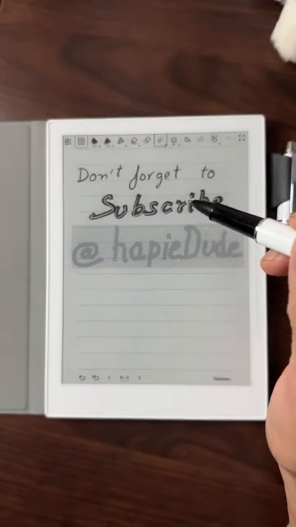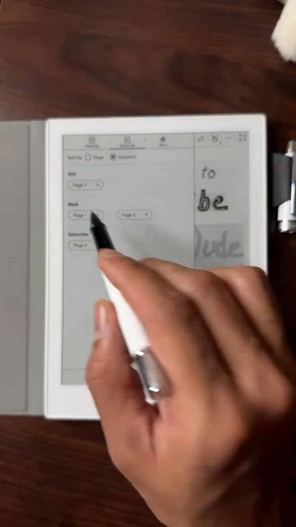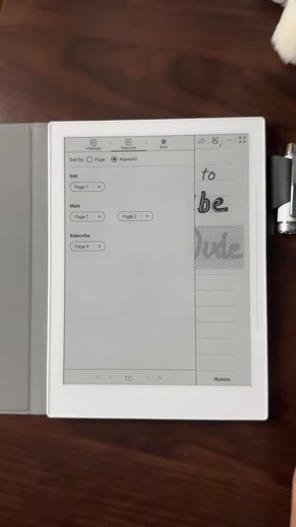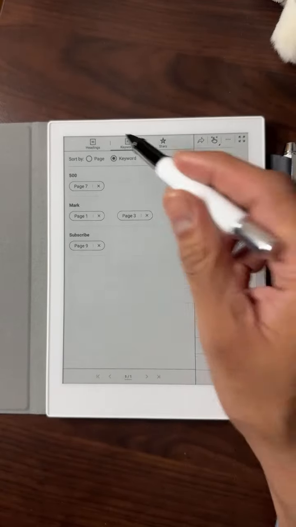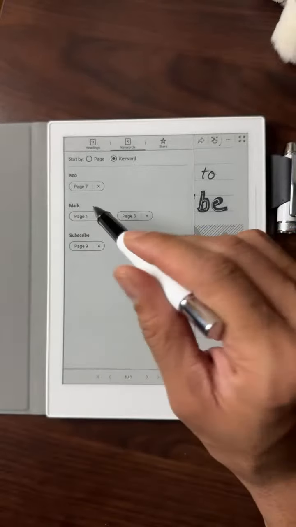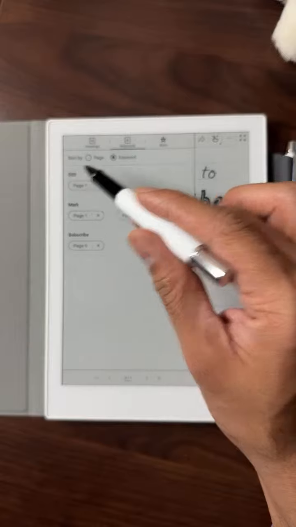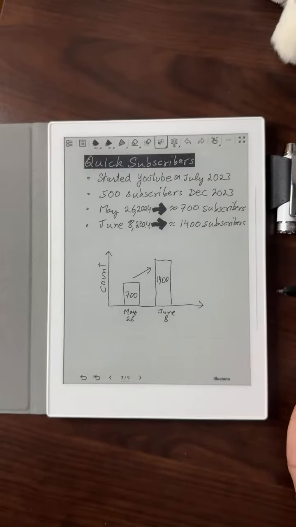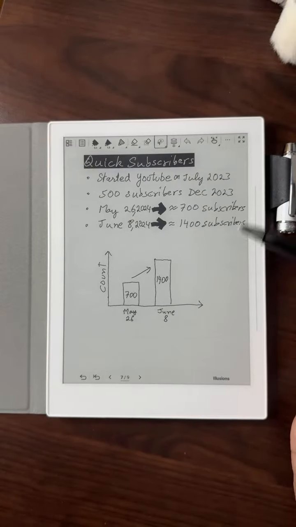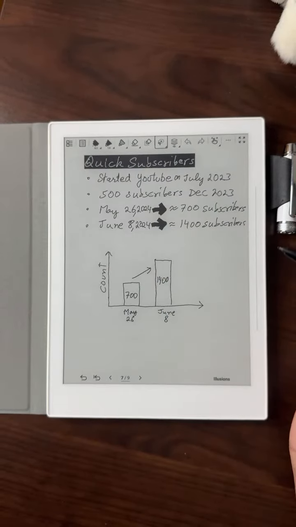And now if we go back in the keywords, you see this subscribe keyword came up. So when you are in keywords, you could directly find a particular page you want to go to. For example, I want to go to where it says 500, which is page 7. I'll click there. Now I'm here because I chose this 500 to be a